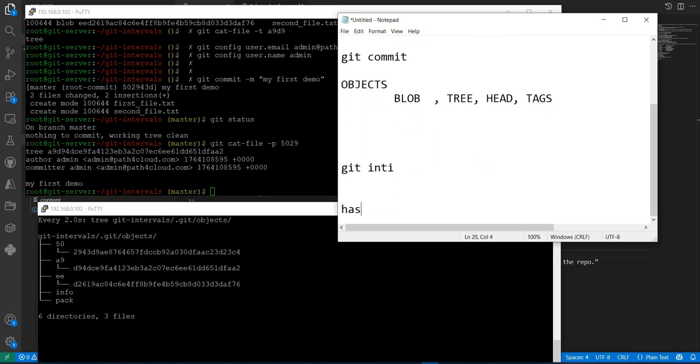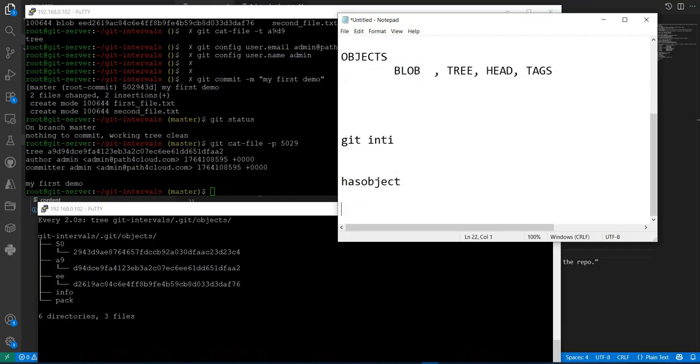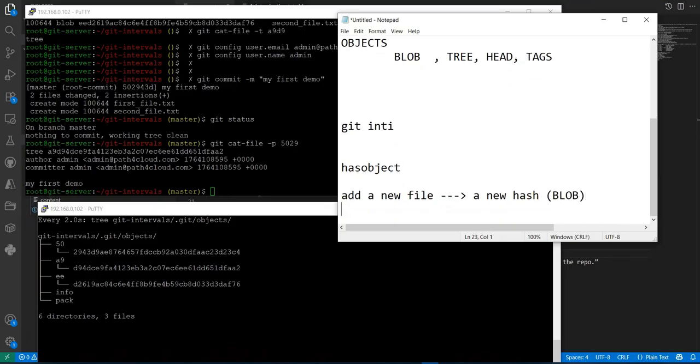So under hash object, what it will do is, when you add a new file, Git will create a new hash for that object, and the object type is blob for a file. When you add a new file, it has created that, right? Now what you have done is,